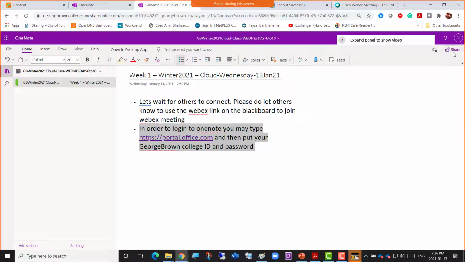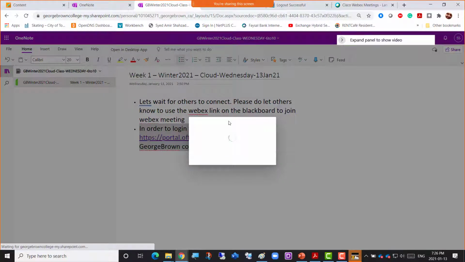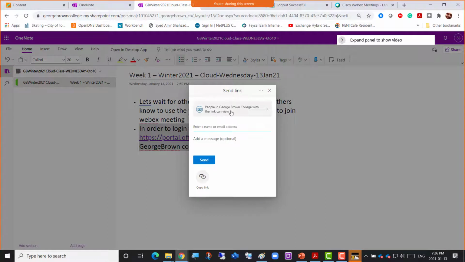Okay, what I will do is click the share button, and there is that people can view. Thank God they removed that edit. David says it was empty. Normally I need a George Brown ID here. Can anyone put a George Brown ID there, just to confirm that you get the access right away, or whether it takes some time? Your George Brown ID at georgebrown.ca. If you can put it on the WebEx chat.